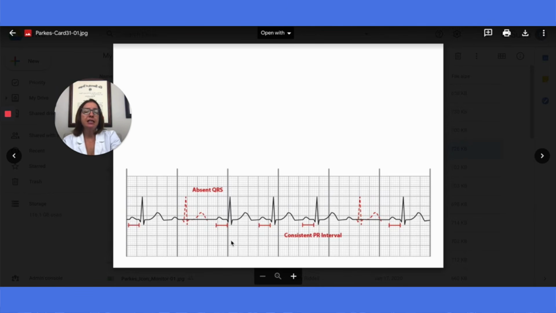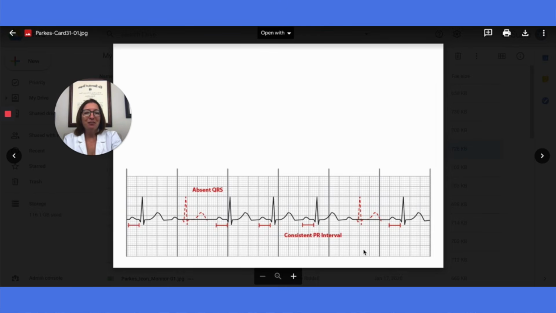So in this scenario, he comes home at the same time every night. It may be late or it may be on time, but he comes home at the same time, but every once in a while he just doesn't show up, just randomly. With the second degree AV block type 1, she kind of had some warning, right? Like he would come home later and later and later until he didn't show up. But here she really doesn't have warning. He comes home consistently and then just doesn't show up randomly.